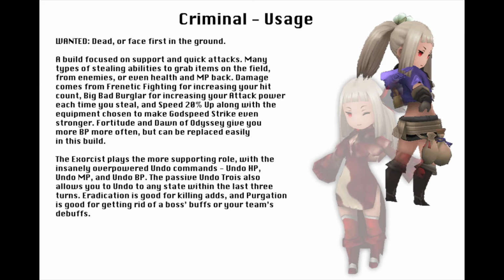While I'm at it, I may as well talk about the other 2 abilities right quick. Dawn of Odyssey is a good ally boost, gives everyone 1 BP every 4 turns. The other ability is Fortitude, a staple for probably 90% of my builds, as it gives you 1 BP each time you get hit while defaulting. But I will just say this, these 2 abilities are completely optional. You can take them out, change them up with whatever you want. They are not necessary for the build. Between the 2, though, I would say Fortitude is a little more necessary, and I'll get to that right now